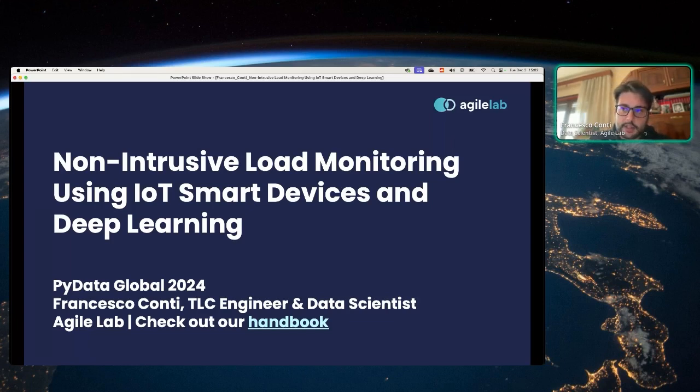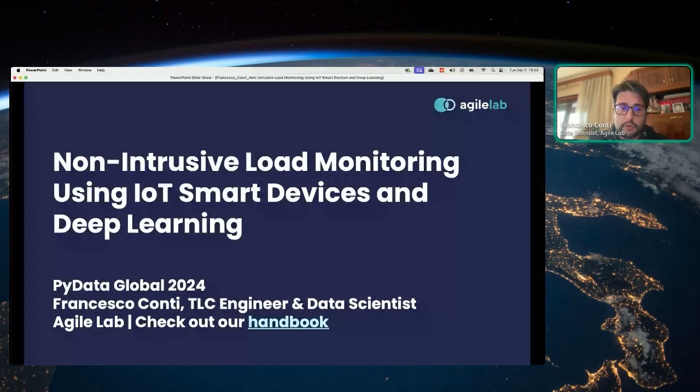Agile Lab is a consulting company. We are based in Italy, but we do also have employees, but also customers in Europe and across the world. We work around data, in particular data engineering and good data practices. Our purpose is to elevate the data engineering game to a higher level, with the final goal of helping companies shape the future around good data practices, good data governance practices. But we work also in data science, and